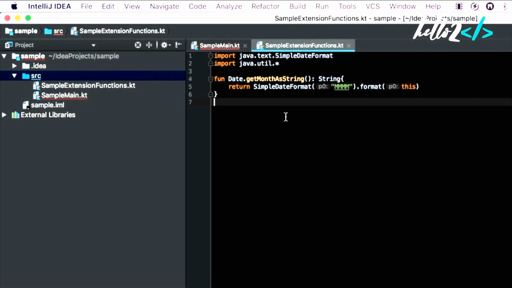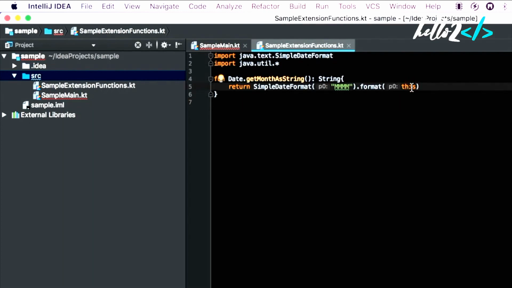This is an extension function. Suppose we have a date object and we want to extract the exact month in words as a string. Now in utils we would have written a static method in a util class. Here what we can do is write the method getMonthAsString inside the Date class, and we are performing the operation and returning the result, and this works on the respective object where this method will be called.